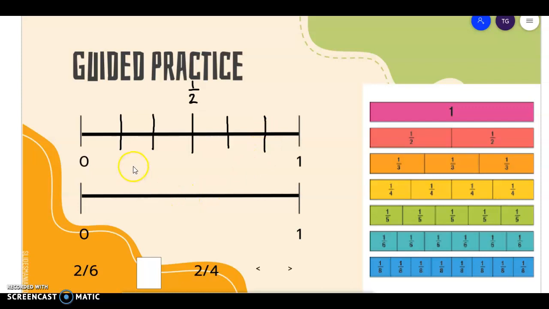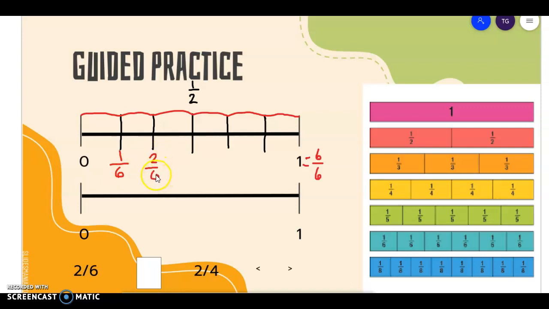Okay, and so now I'm going to use my fraction bars to make sure that I have partitioned my number line correctly. I have 1, 2, 3, 4, 5, 6. So yes, my number line has been partitioned into 6 equal parts. And now I am going to label my number line, making sure that I highlight where 2/6 is on my number line. So I start with 1/6,